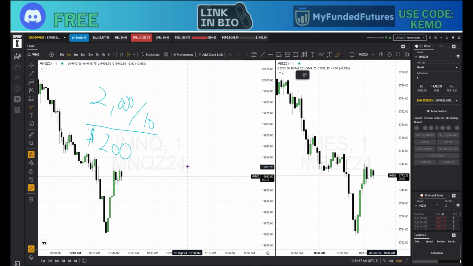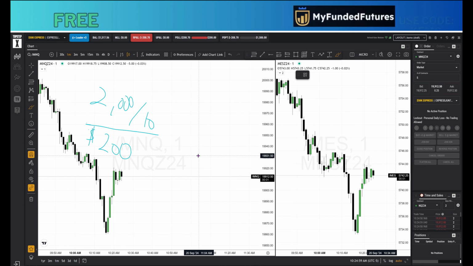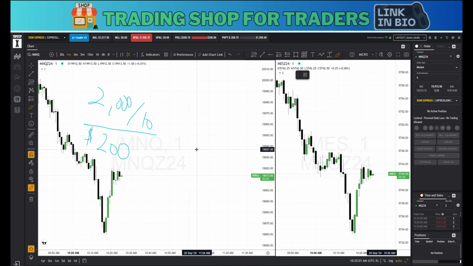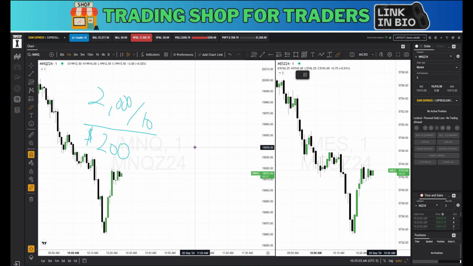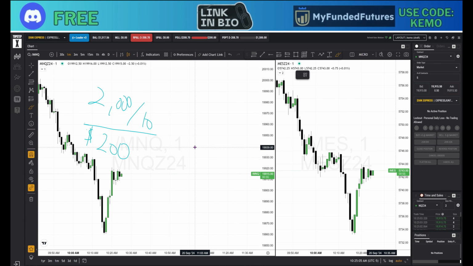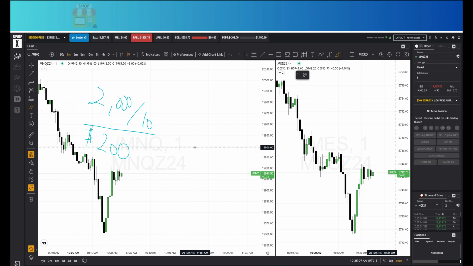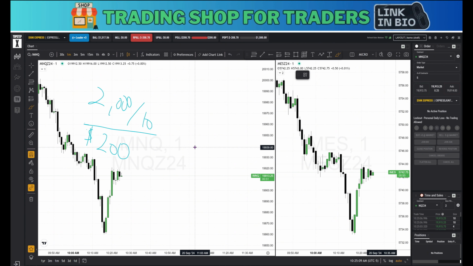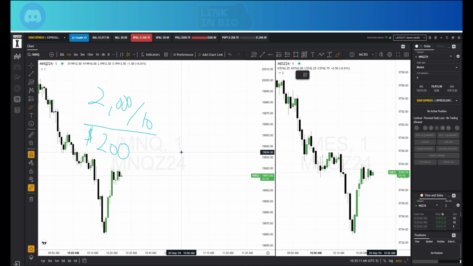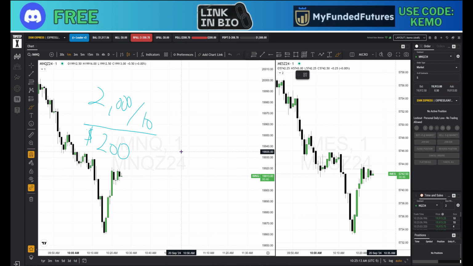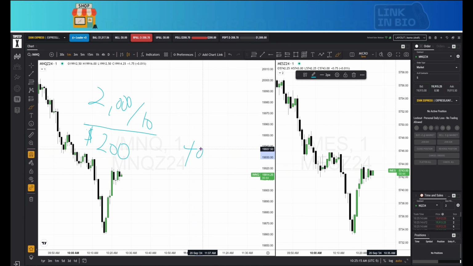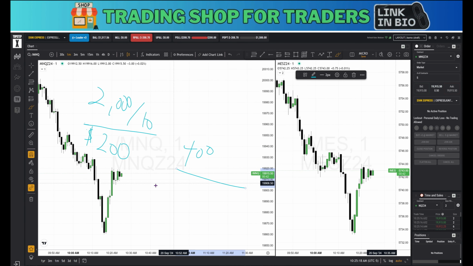No, I'm saying that because that's what it's supposed to be like. I don't really take partials, because my risk or my leverage is pretty small per trade idea. So I just let the trade run to maybe a 40 point move to get $400, because that's how the leverage is